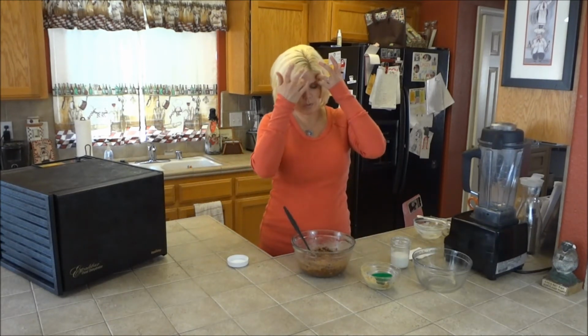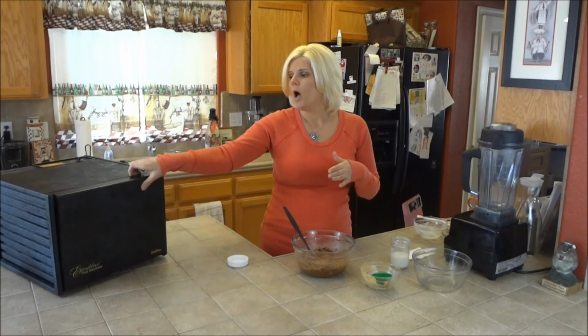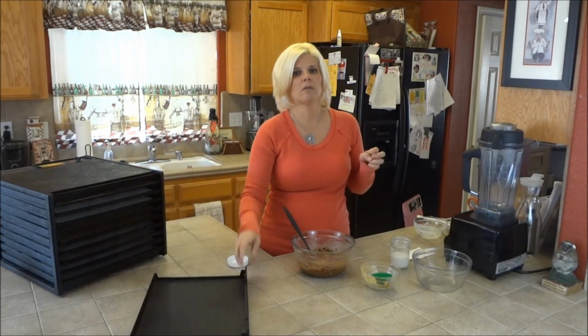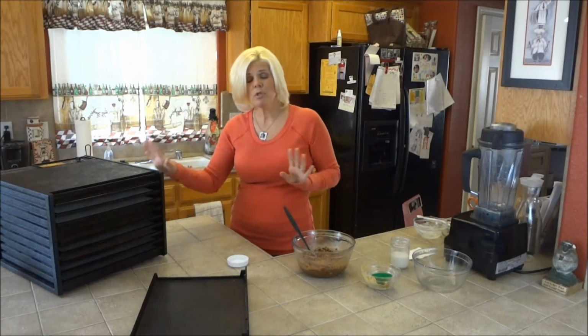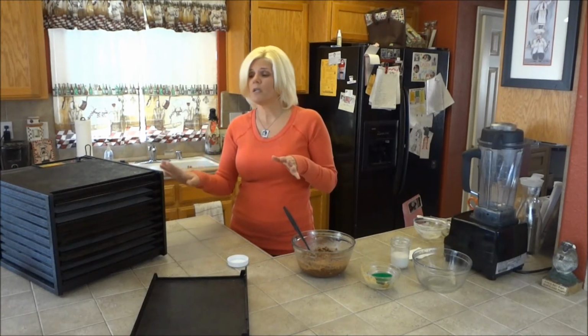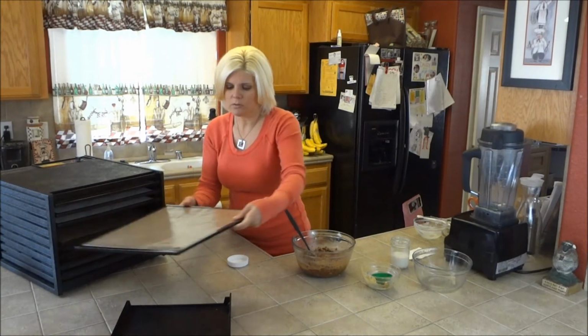And so what I do, since I'm not cooking them, is I put them in my dehydrator, just for a little bit to let the oats soak up some of the moisture. You don't have to put them in the dehydrator. If you have one, I think it makes it taste a lot better. So all you do